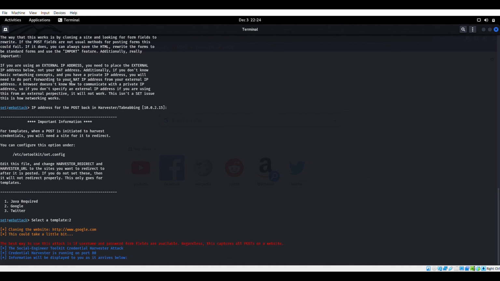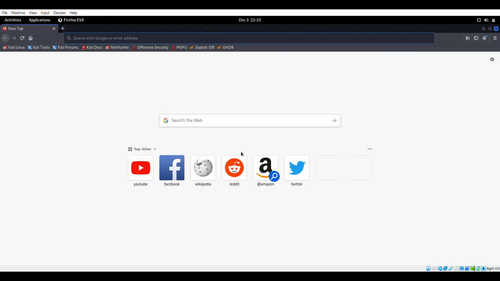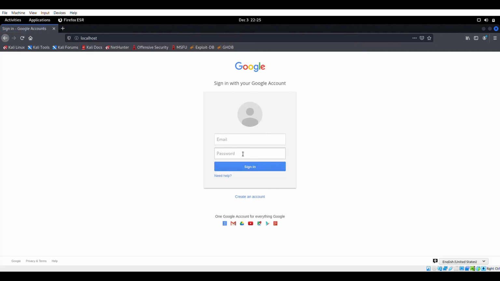So we will open our browser. Since the fake login page is running on our localhost, I will be using localhost. And here is the fake Gmail login page which we will send to our target.